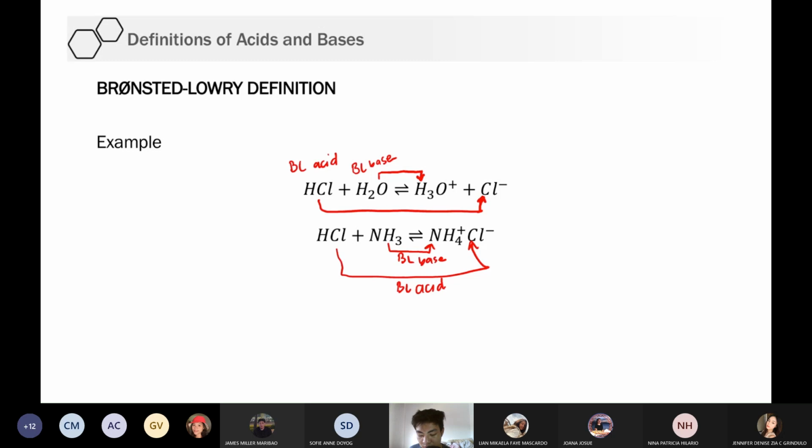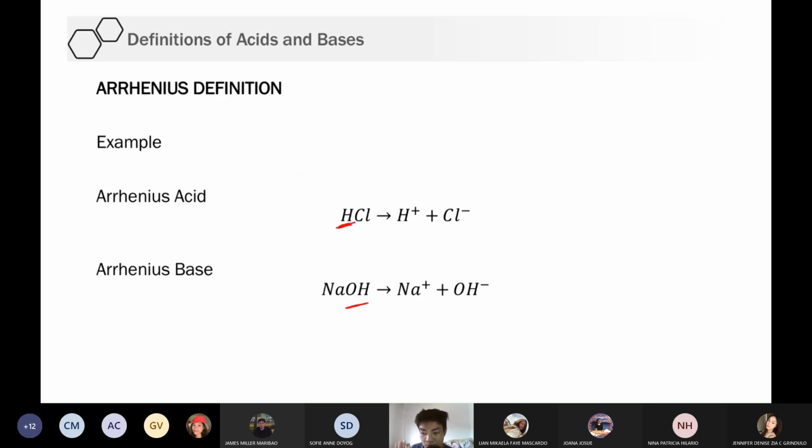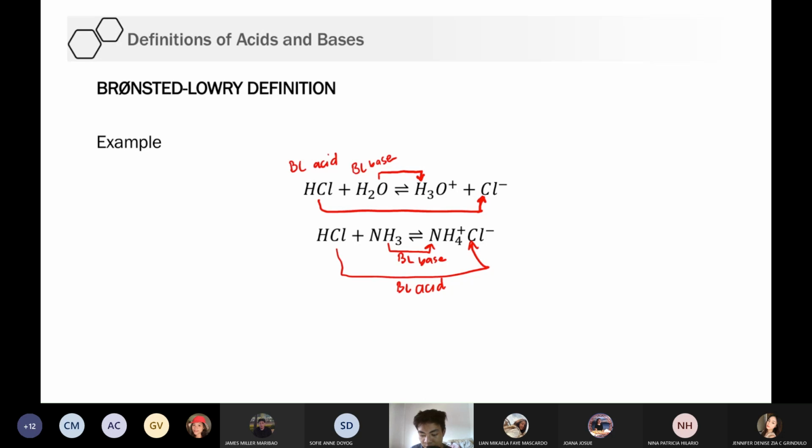Pero look na, tignan nyo sa Bronsted-Lowry definition. Yung ating bases, they do not contain the OH-. No? Hindi obvious yung OH- nila. Okay, but since they accepted the proton, then we can define them as Bronsted-Lowry bases. So, yun lang yung subtle difference nilang dalawa. Si Arrhenius sabi, basta may OH base yun. Totoo naman yun. Pero, pagdating sa mga molecules na hindi obvious yung OH, for example, NH3, you have to look